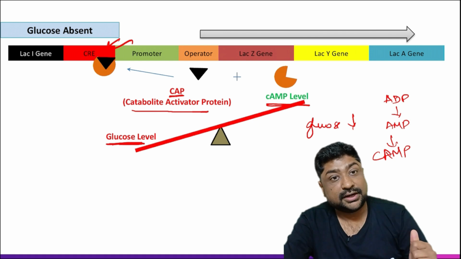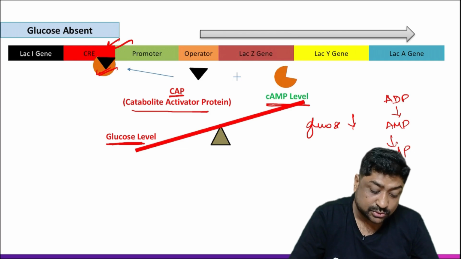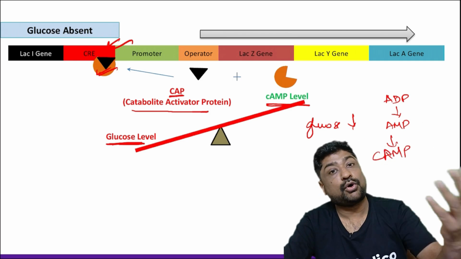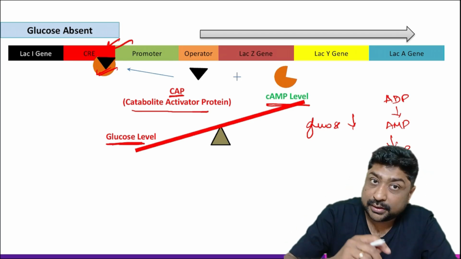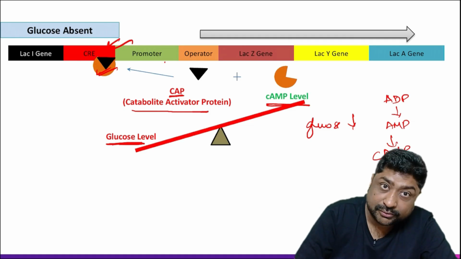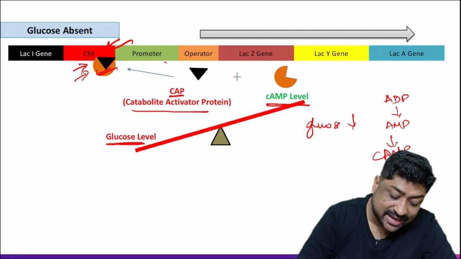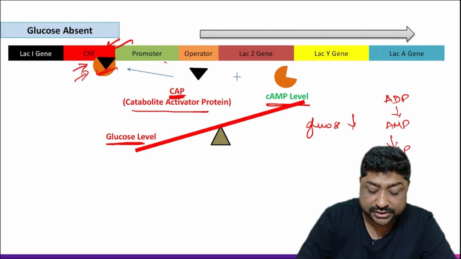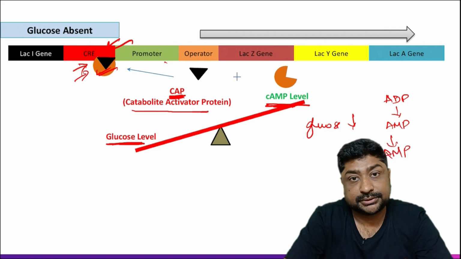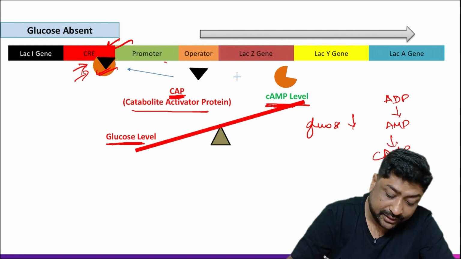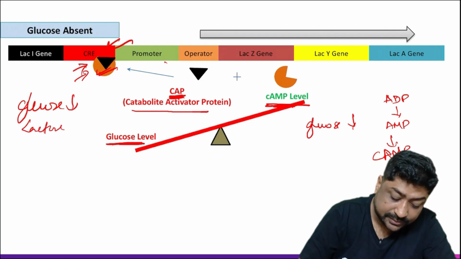It's like putting the entire sequence on steroids. Once this attaches to the CRE segment, it actively calls in ribosomes to transcribe this. So what is happening here? Just understand. If lactose is there, only then the promoter will be free. So lactose has to be present. But when lactose is there and glucose is not there, this CRE segment is activated because of the attachment of the CAP and the cAMP, and this will increase the rate of transcription. So this is what is happening when glucose is reduced and lactose is there.